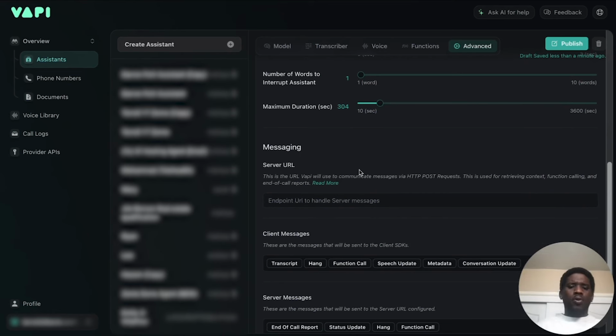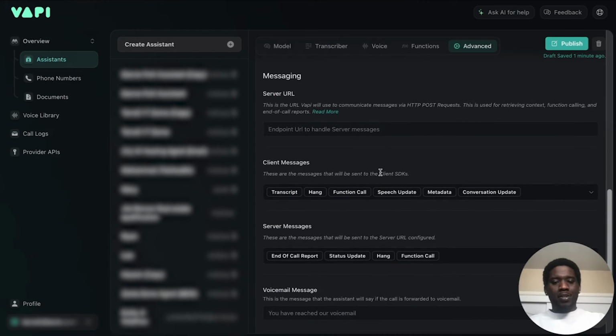For the server URL, this is where we're actually going to put the webhook URL that we're going to generate in Zapier. So this voice assistant can send that end of call report, including all those automations that we want this thing to do, like sending out the text message to the team and updating the call dashboard through Zapier. So once we create that webhook URL in Zapier, which we'll do in the next step of building this voice assistant, we'll come back here and paste that here so that at the end of the call, it can send out that end of call report with those